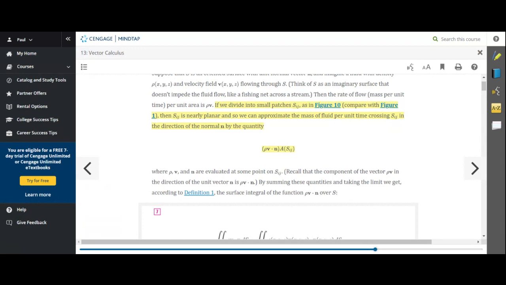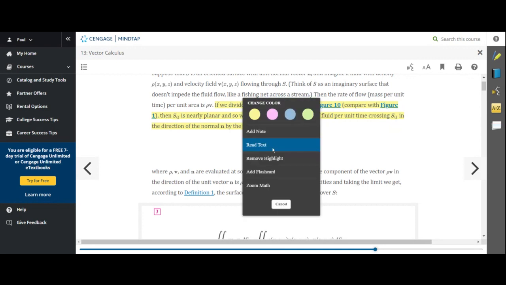Mass of fluid per unit time, that's a rate. We can look at the rate that this fluid is flowing through the surface in the direction of the normal vector by this quantity. We're taking the dot product